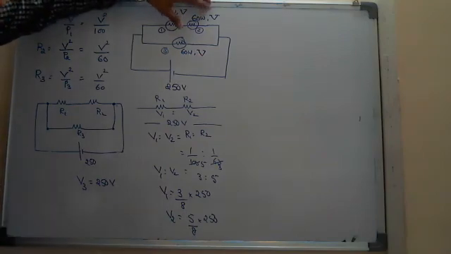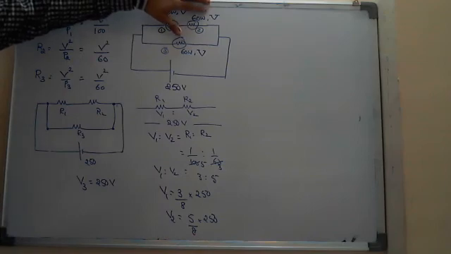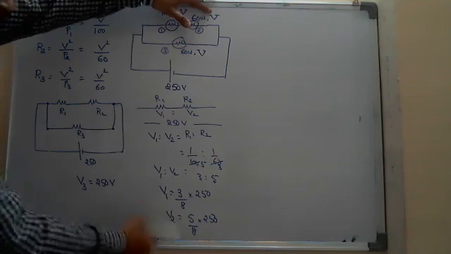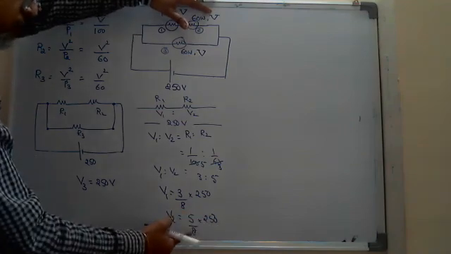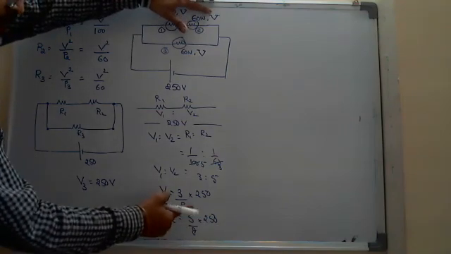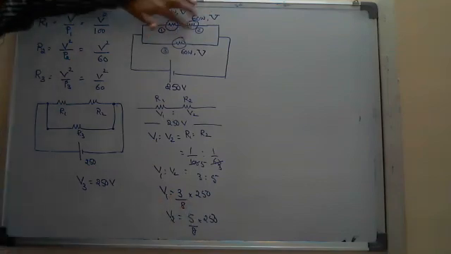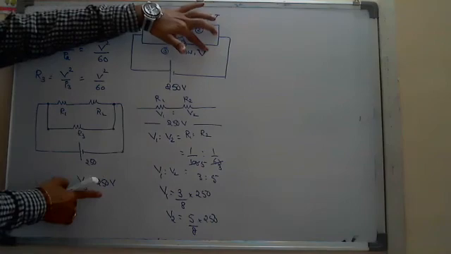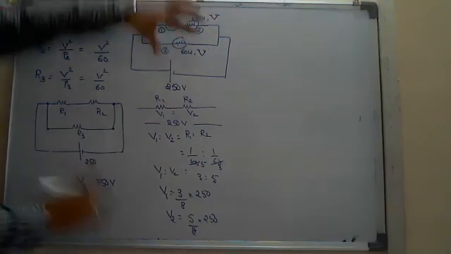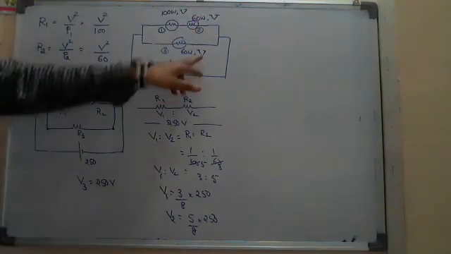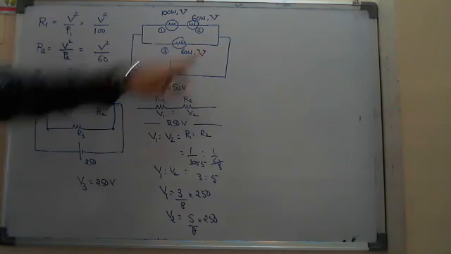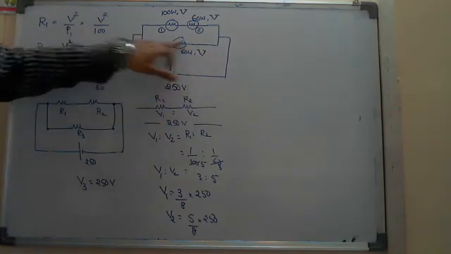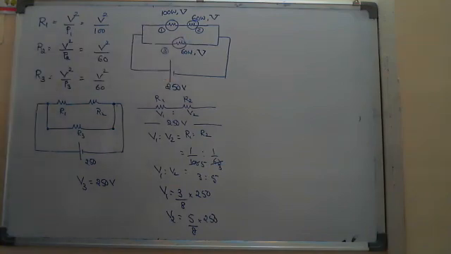It is supposed to connect at 250 volts, but you connected it at 250 into 5 by 8, a lesser voltage. This is also lesser voltage. The third bulb is also supposed to connect at 250 volts, and you connected it at 250 volts. So the third bulb will give